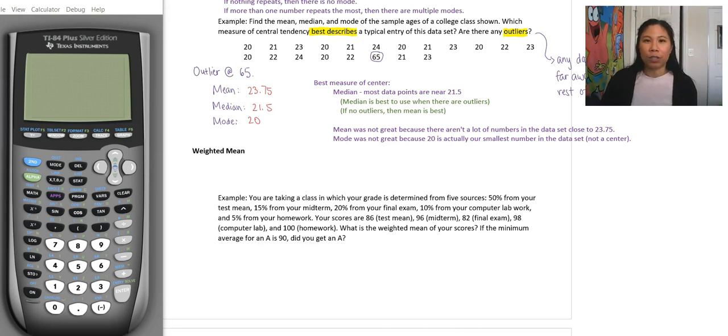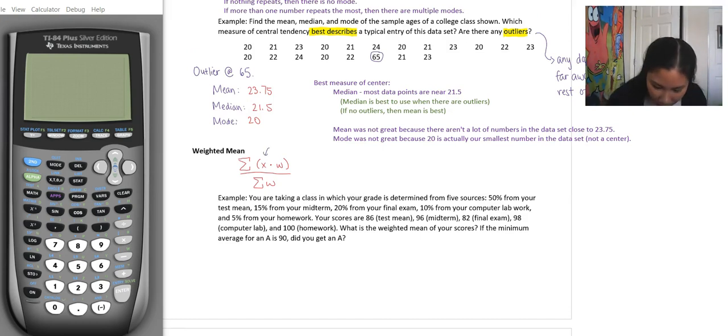So if each of your assignments is categorized using the homework category, the classwork category, or the tests and quizzes category, like our class is set up, then each of your grades in your grade book is worth a different amount. So to calculate a weighted mean, this is the formula for it. It looks a little crazy because there are so many symbols, but really what this means is, if you have